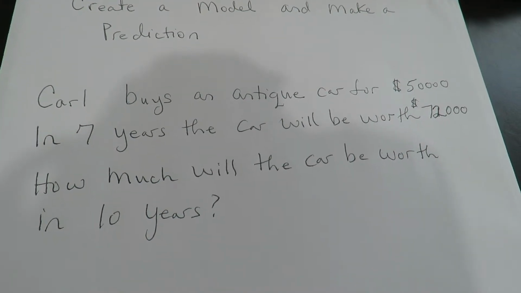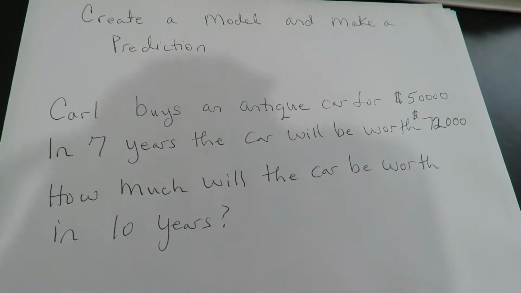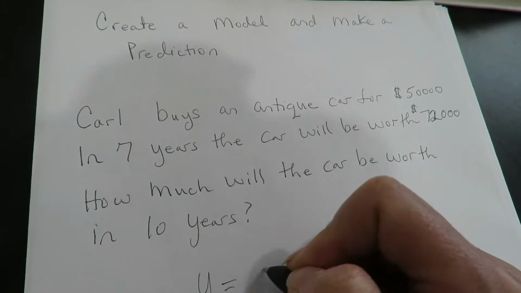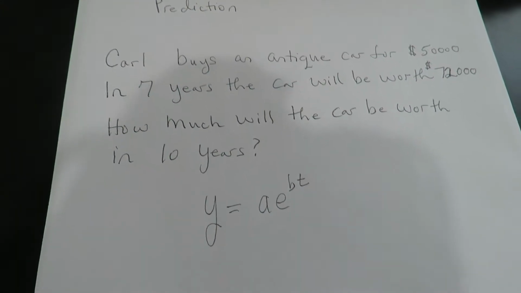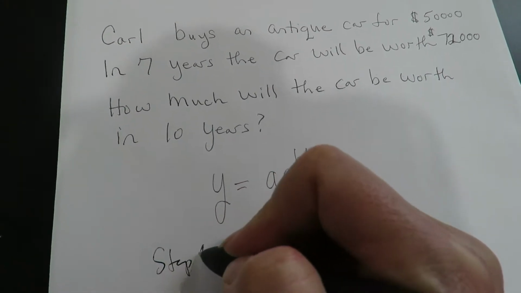Mathematicians make models, and so that's what I'm going to show you, how to make a really basic model and make a prediction from it, which is very cool. So y equals a e to the bt. We're going to do an exponential model, and so what you're going to do is the step one is always